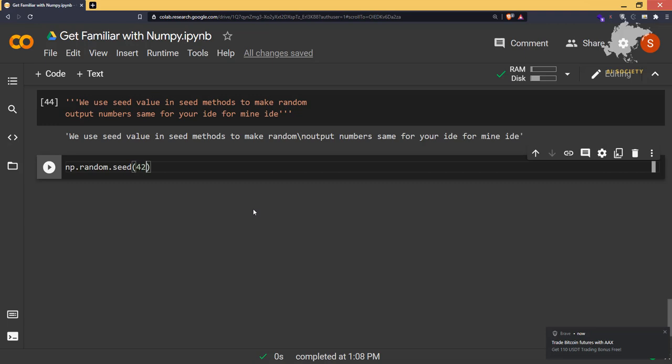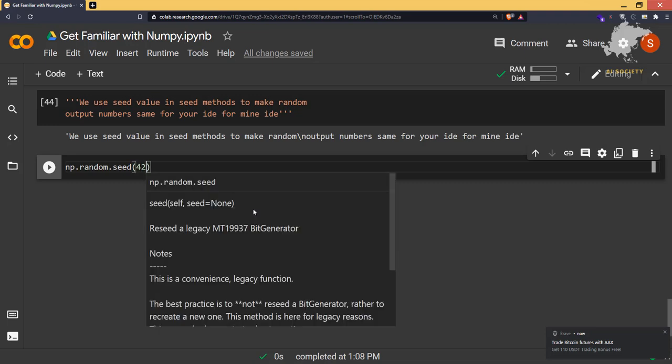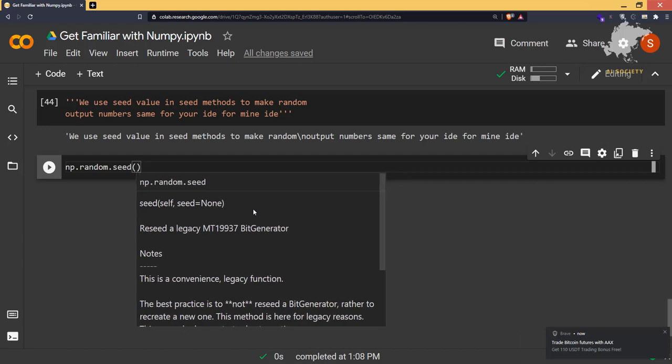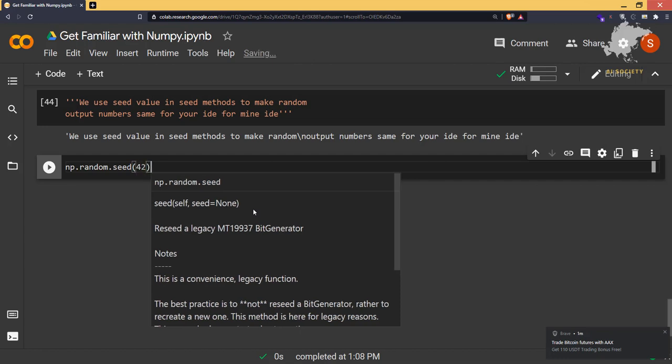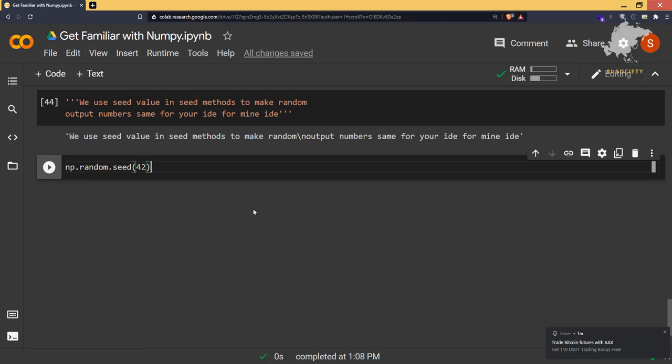It is going to accept a number, a seed value, and make sure you type 42. You can type 35 or anything that you want, but for now whatever you type should be the same as me. I'm typing 42, so you should also write 42 to get the same values as ours. Once you implement this code, you can change your seed value if you want and check what the output is after that.